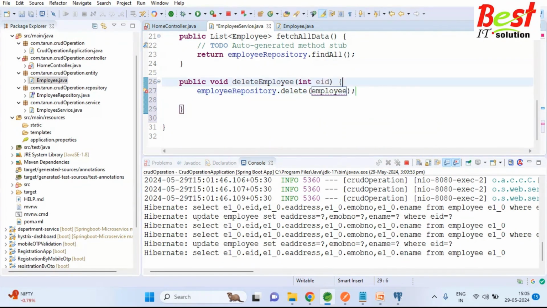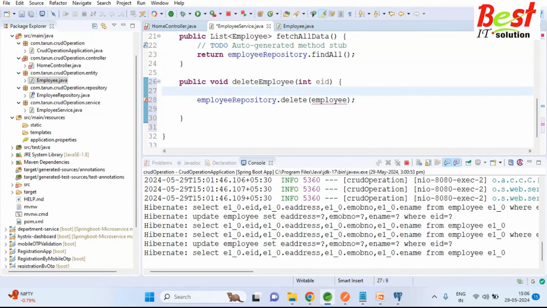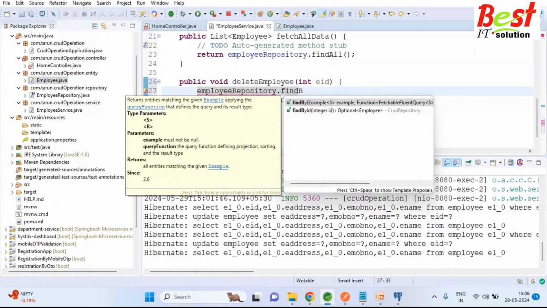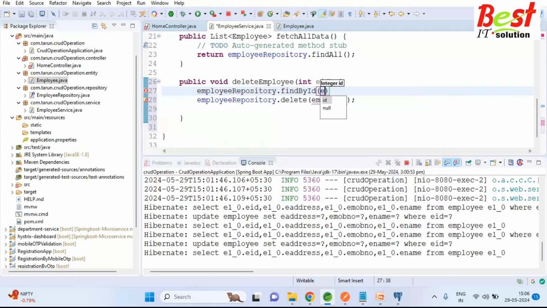But before deleting, we need to get that particular employee which we want to delete. Okay, so for that there is employeeRepository.findById. Here we can pass that employee ID,